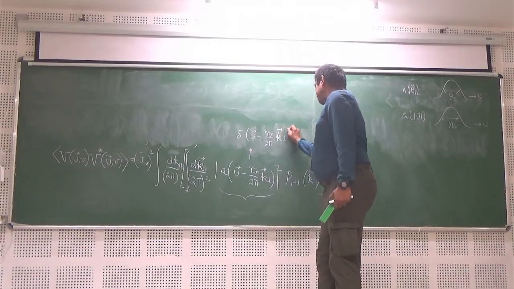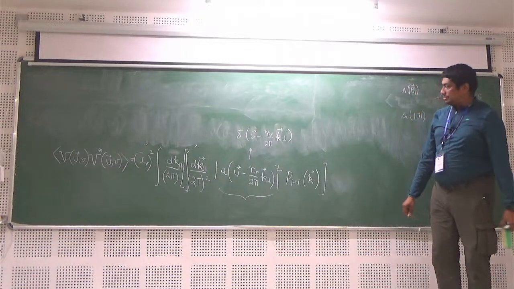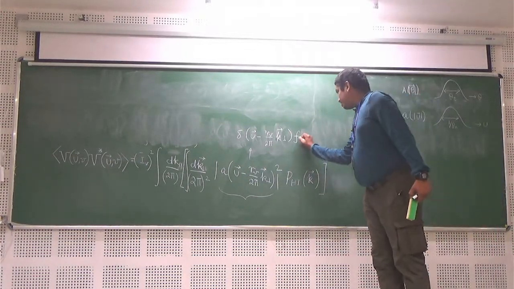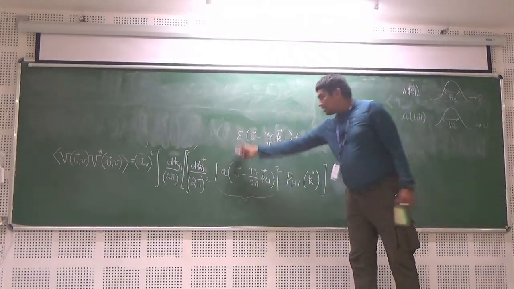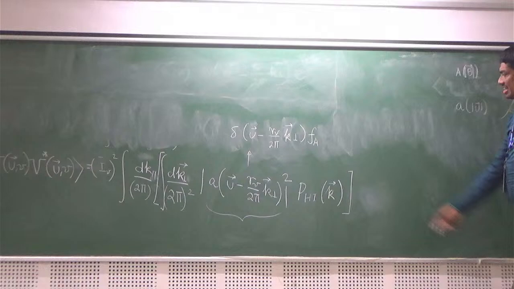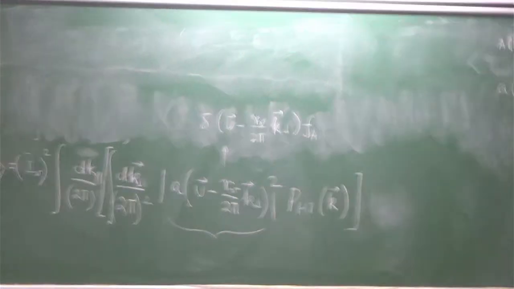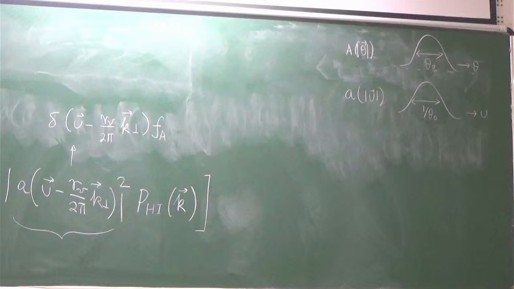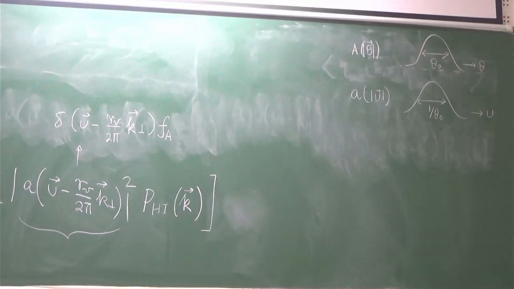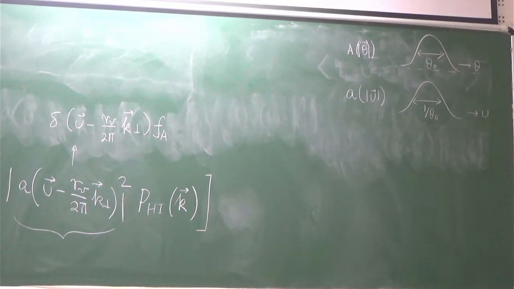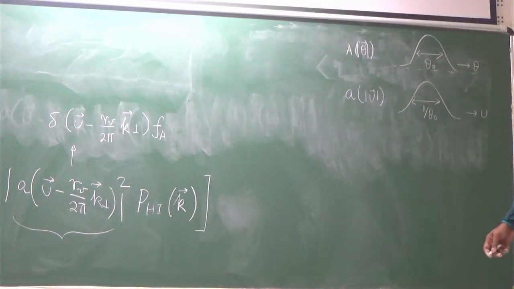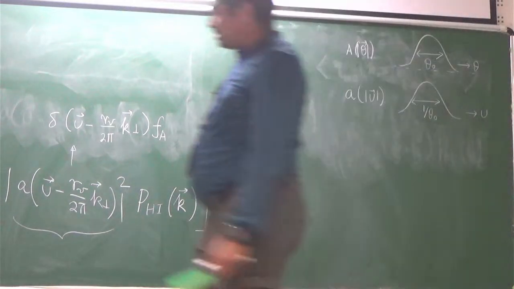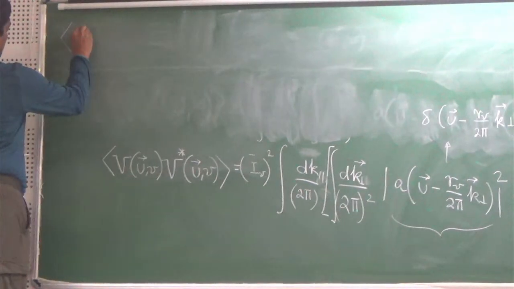k perpendicular. But I will make sure that there is a factor FA which makes sure that once I integrate this I will get 1. Okay. This FA will be proportional to theta naught square and so on, so that you can calculate it for the function that I have given you, the Gaussian function and the pillbox function. For that you can calculate what this FA will be. But for u much larger than 1 by theta naught, being the square of this thing, so this visibility